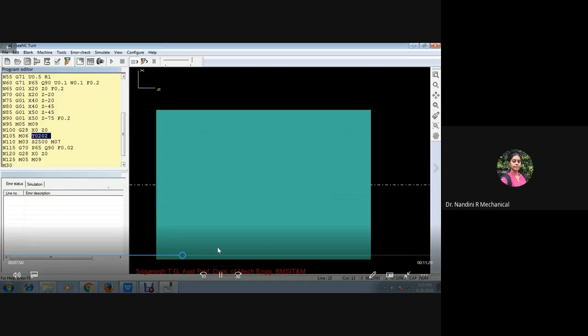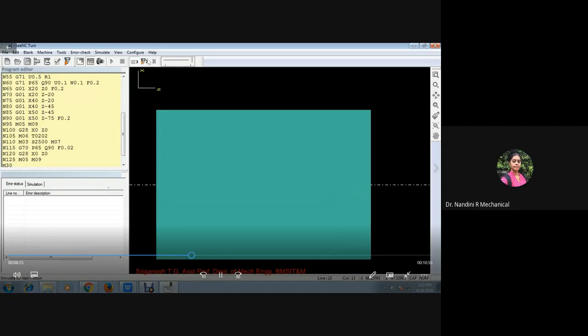This is the blank, or the raw material, that you are using. If you click a small box near it, it will zoom out your part so that you can clearly see the operations. Here you have the tool operation start and end, and you can vary the speed. You can see the animations, and you can go for next motions also if you click here.